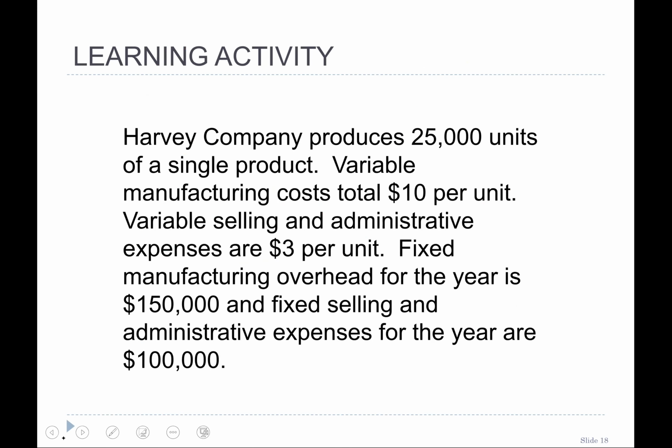So we have an example here, which is also from your book. Huawei company produces 25,000 units of a single product. Variable manufacturing cost totals 10 per unit. Variable selling and admin cost